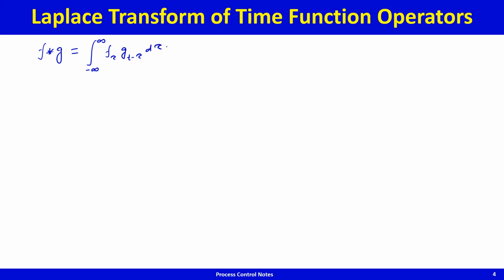But in controls, f and g are causal, so before t equal to 0, f and g are going to be 0. So because of causality, for control theory,